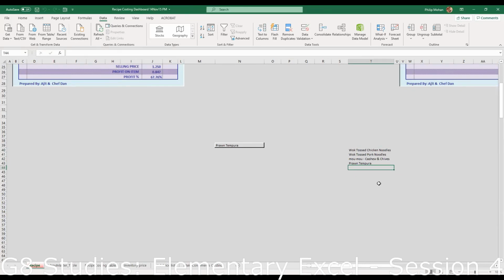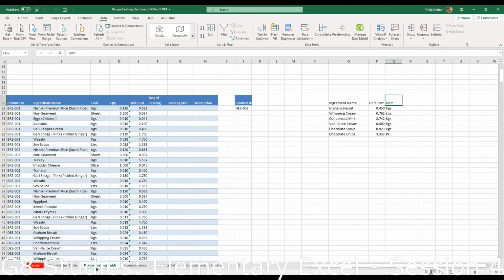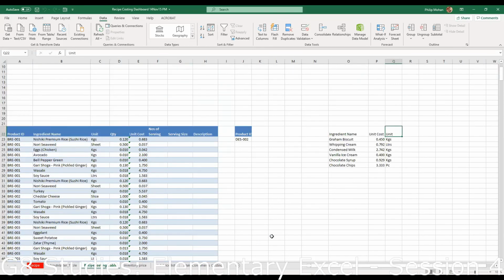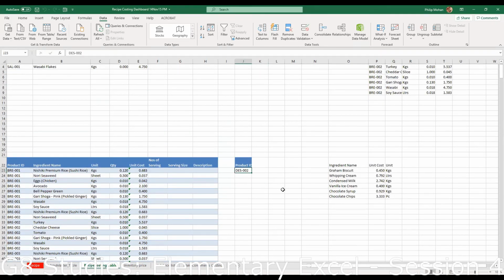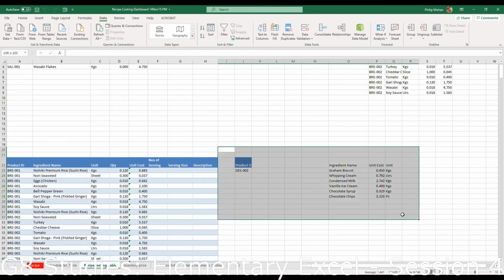And this I understood. It was the one that you did recently, just now. There on top you've got in blue the product ID, and below that you have DES 002. Yeah, this one I typed in. Where have you given that? This is just to explain the advanced filter to you.